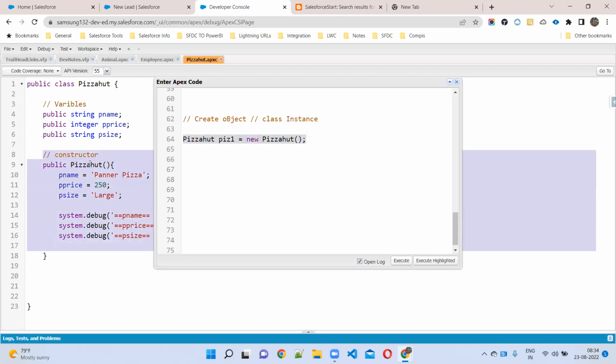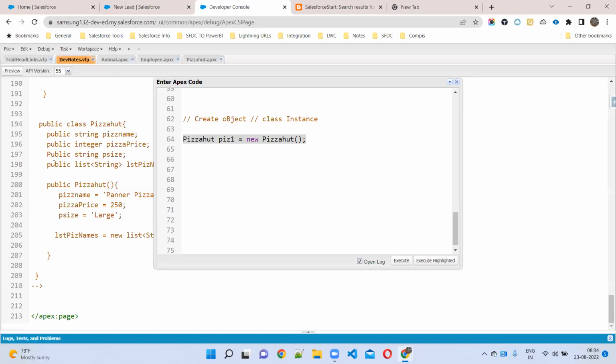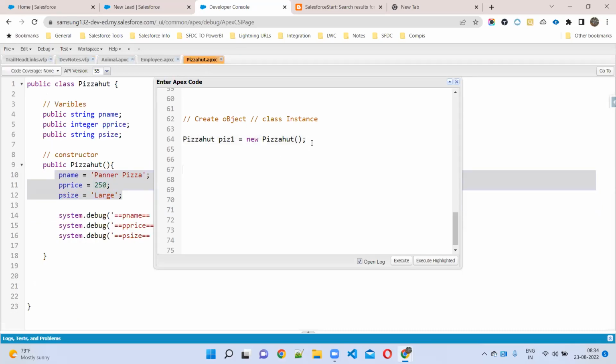The constructor. In the constructor, what is the logic we are doing? To assign a default value, or to initialize the class members. To initialize the class members or to set default values, we can use it. Initializing is nothing but allocating memory. Understand? Okay, default values, anything is fine. So now if I execute this code, the constructor will automatically